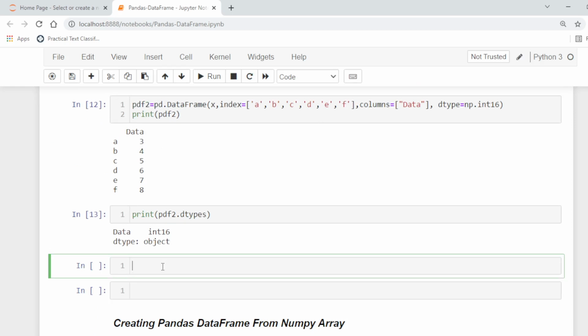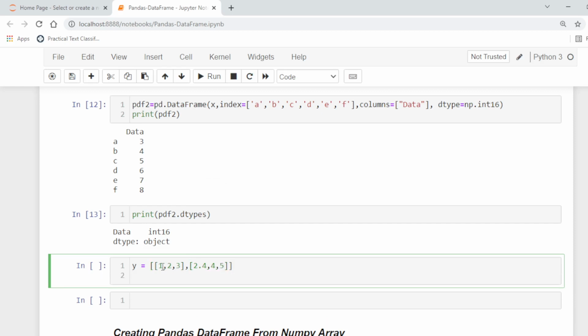Let's say we have a list y, which is, for example, a list of lists. Now to create pdf3, for example, is equal to pd.DataFrame and y, and let's say columns is equal to A, B, C, because there are 3 columns in the above data.